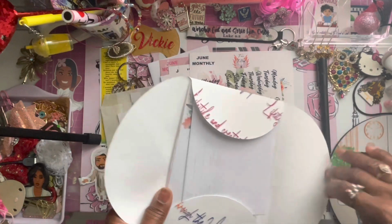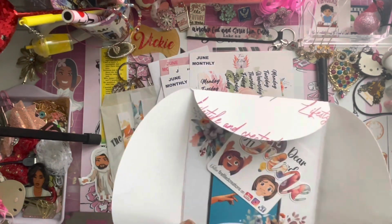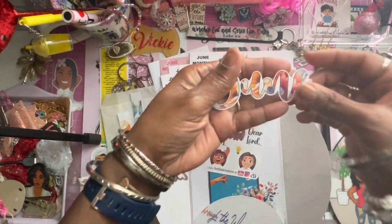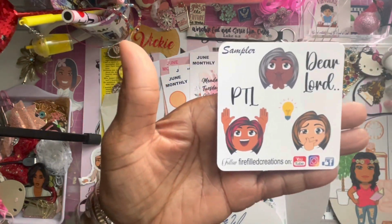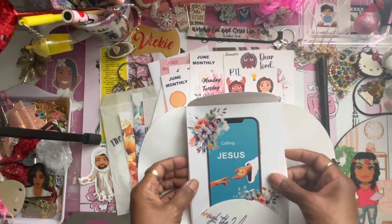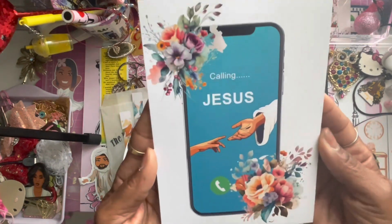Okay. You have your June die cut and your sampler with the icons, emojicons, and you get this beautiful journaling card,